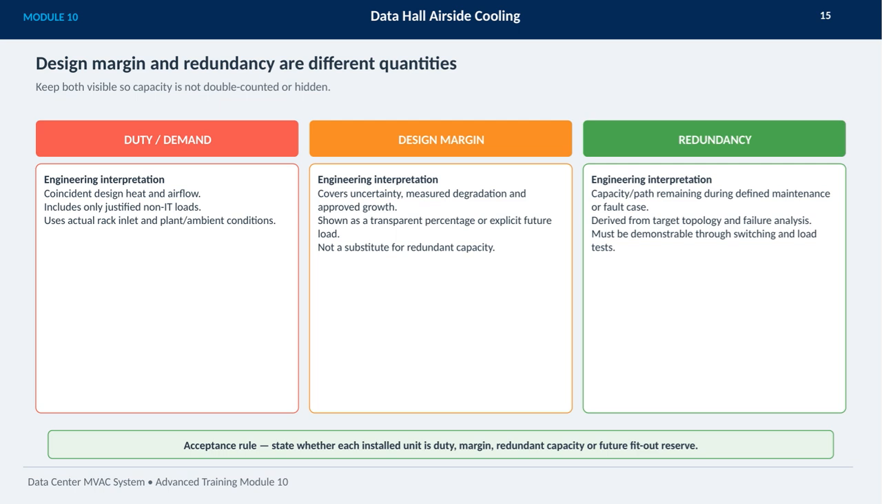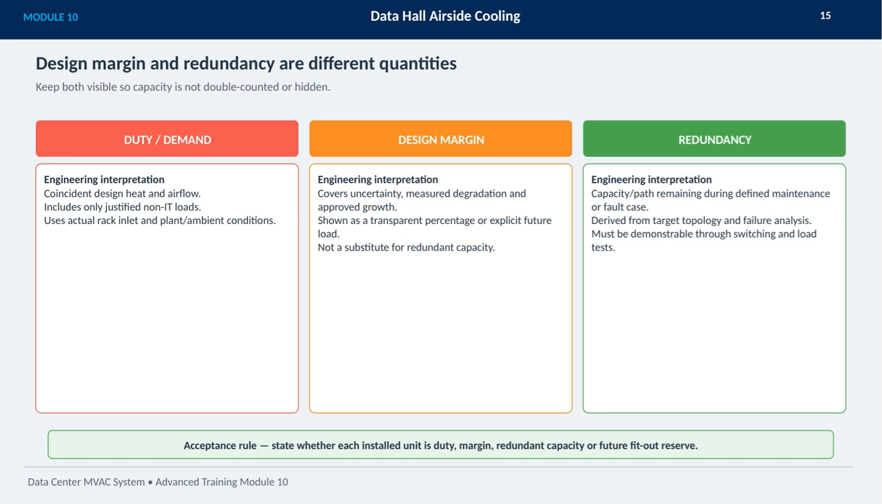It's based on the actual rack inlet and plant or ambient conditions. This is the core workload the system must handle. Next, design margin covers the uncertainties such as measurement degradation and approved future growth. Think of it as a transparent percentage or explicit future load, but importantly, it's not a replacement for true redundant